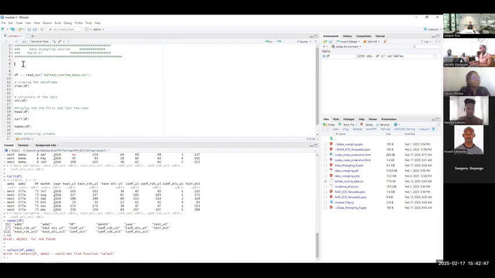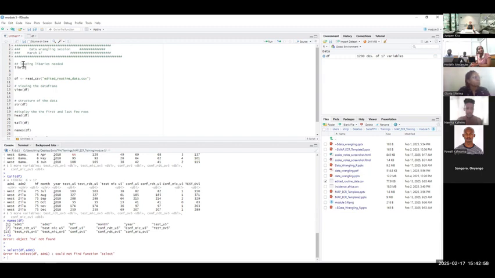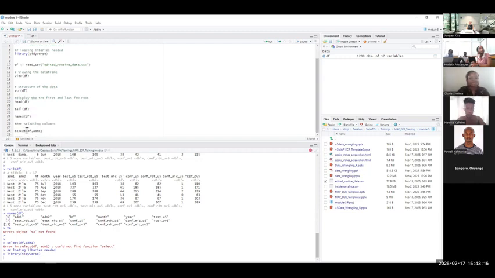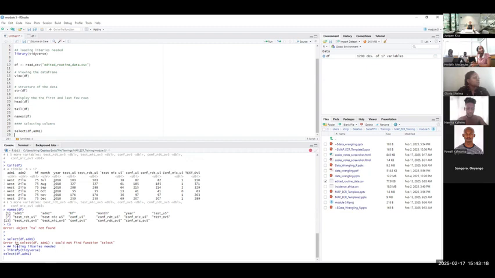So here, I'll just add a comment, loading libraries needed, and I will write library tidyverse. I'll just do tab. Yeah, tidyverse. So by me running this library, and now I run the select function, I'm having